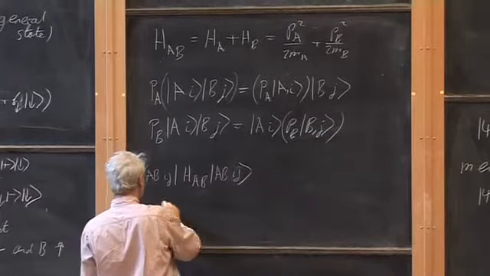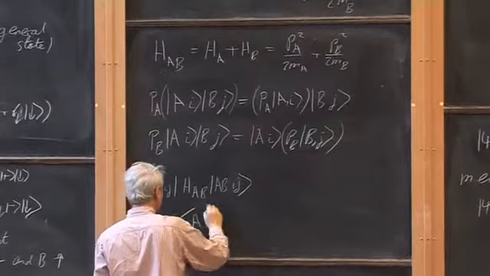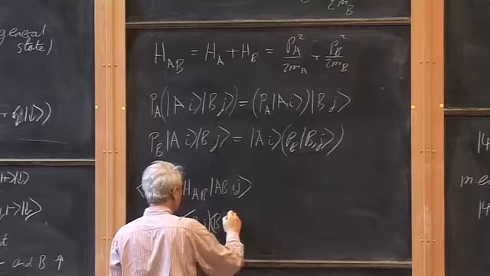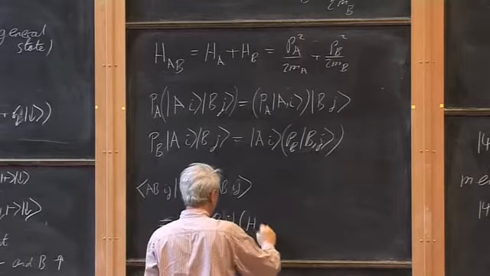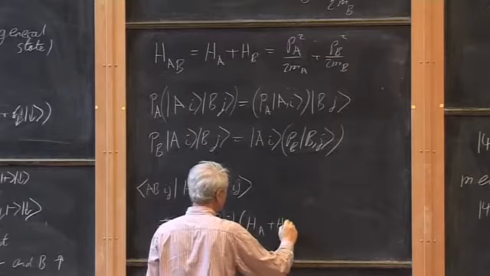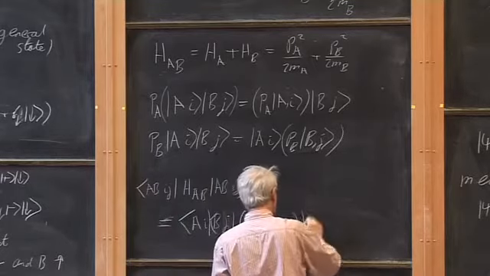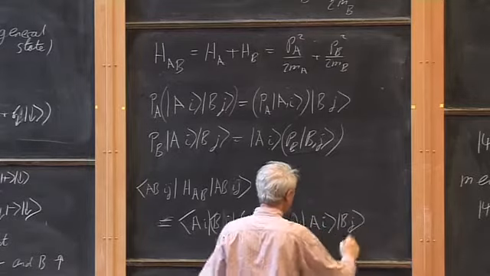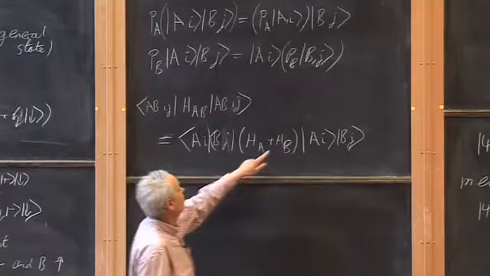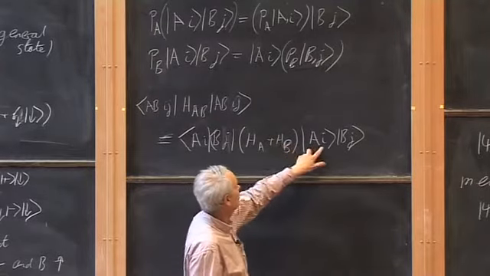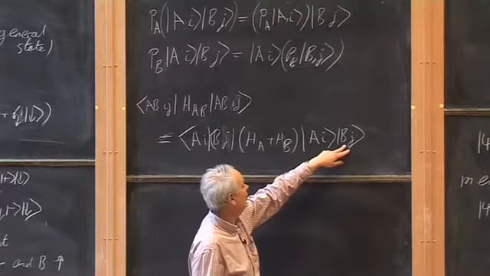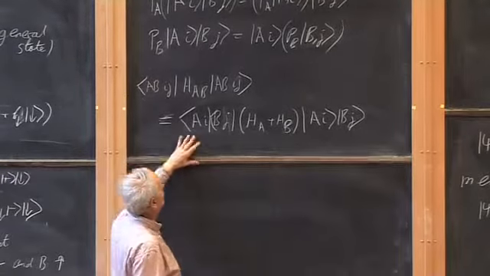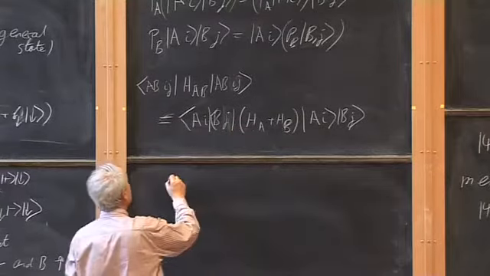That means ⟨Ai Bj| (HA plus HB) |Ai Bj⟩. So this operator ignores that because it's a B operator and homes in on that. This operator operates on this, and then we have the other things come in on the other side,